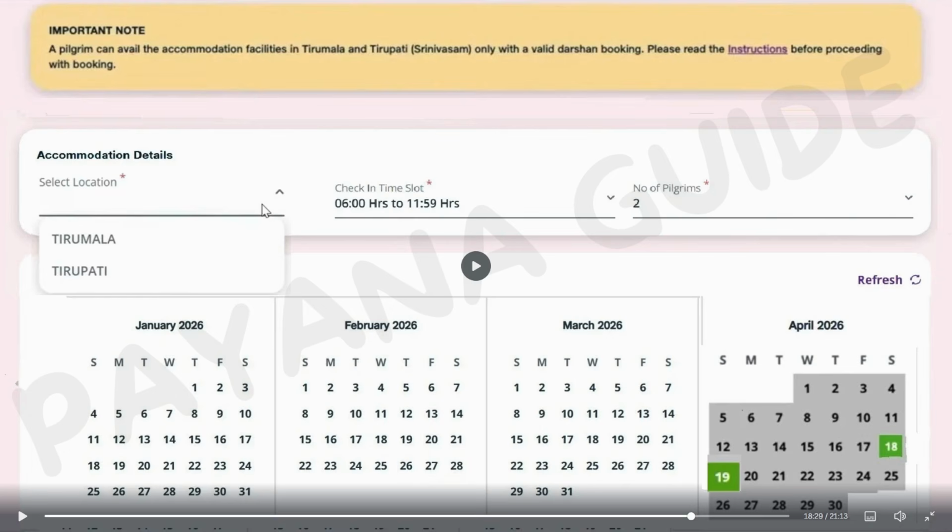So it will redirect back to the accommodation page, but this time you will see only two options under select location. One option is Tirumala and another option is Tirupati. So choose Tirupati. Now what will happen is, for the calendar month in which the accommodation slots are opened, it will display,